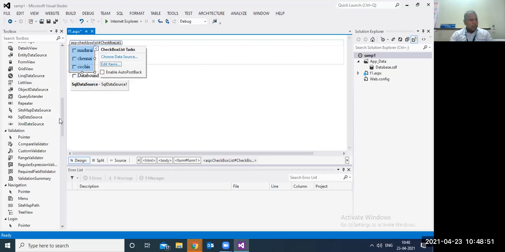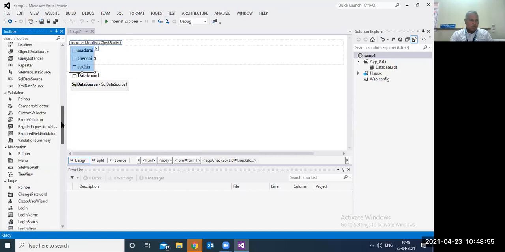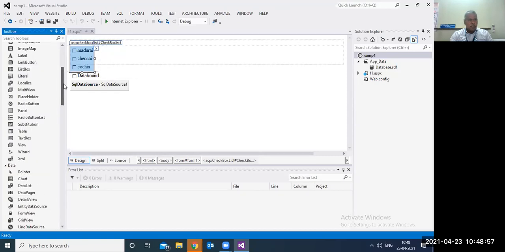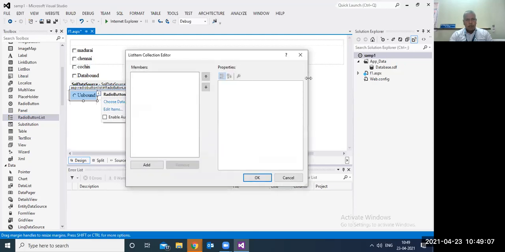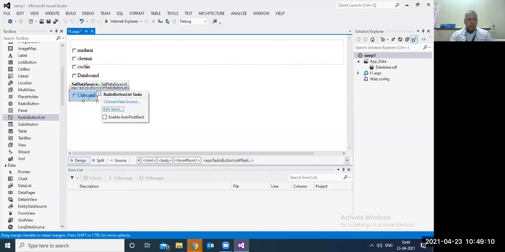Okay. Likewise, next control is a radio button list. In the same way I can do it for the radio button list. Here is the control. Okay. This is the radio button list. Here also, using the edit command, you can give the data.